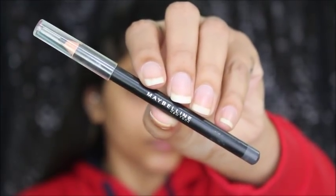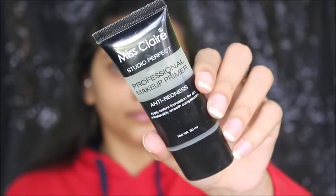to fill in my eyebrows. So I'm just going to fill in my eyebrows in a natural way. I'm not going to make it dramatic or anything. So I'm just going to follow my natural eyebrow shape, and then I'm going to fill in my eyebrows like this. And yeah, then using this primer for my T-zone, and I'll be applying it under my eyes as well